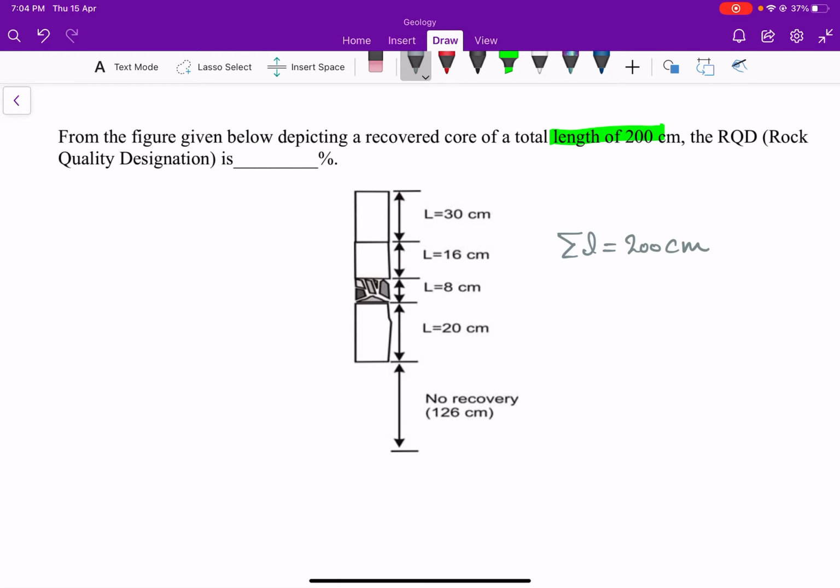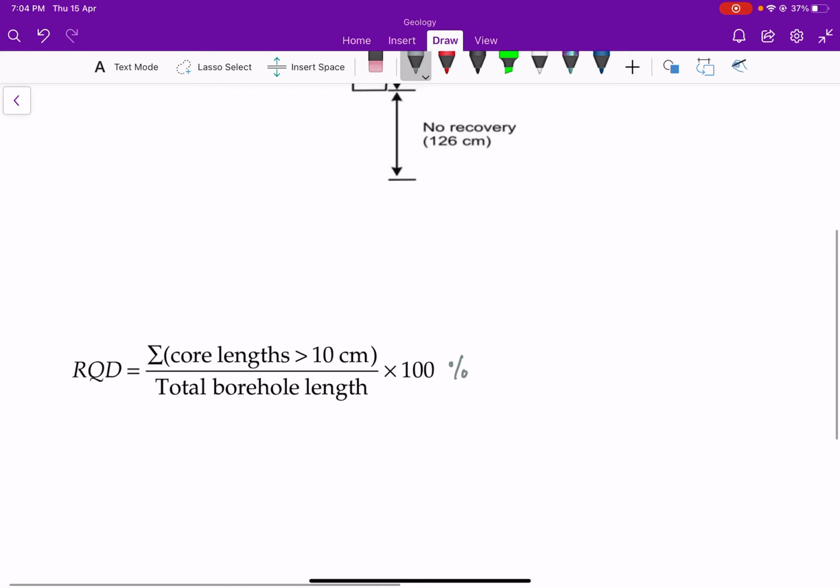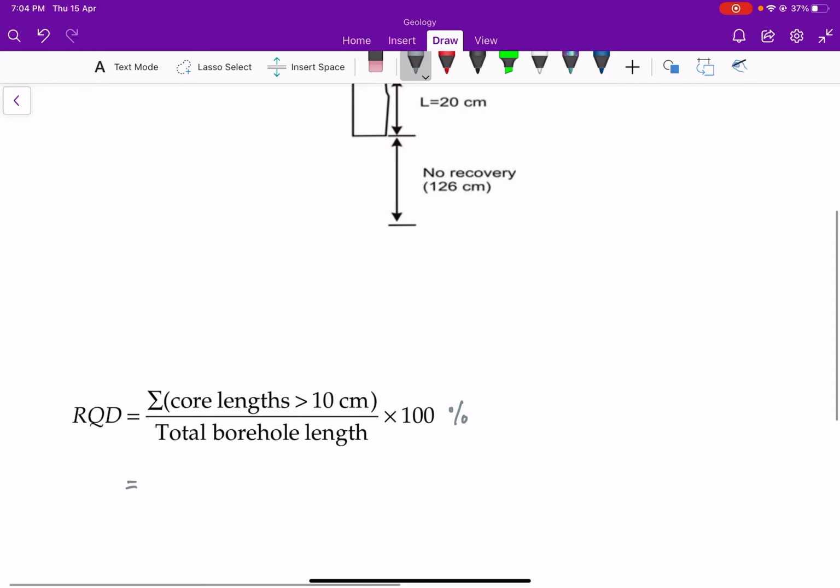We know the formula for RQD is equal to the sum of core lengths greater than 10 centimeter, divided by total borehole length, into 100%. So the total borehole length is